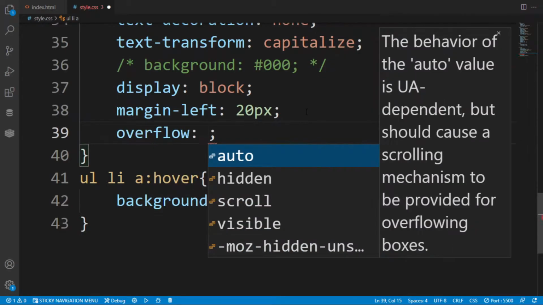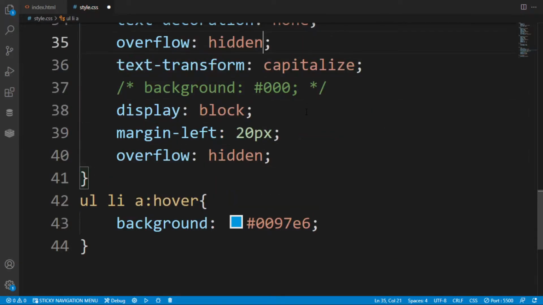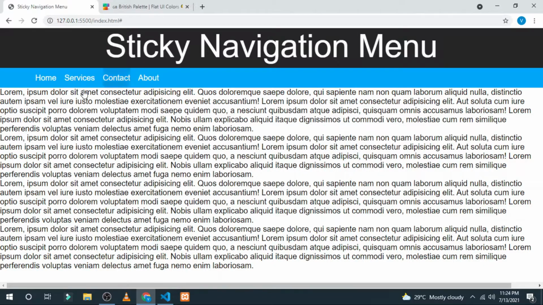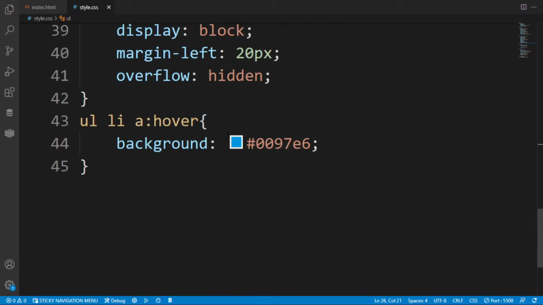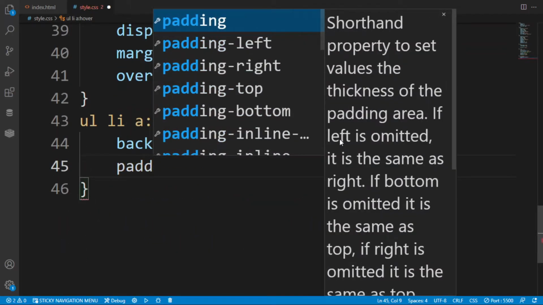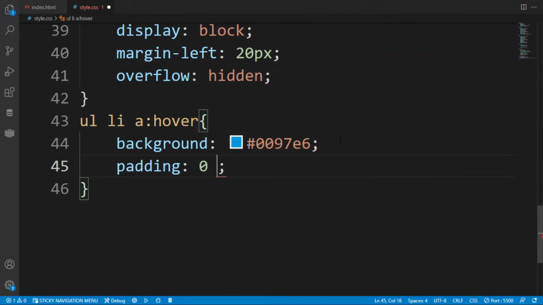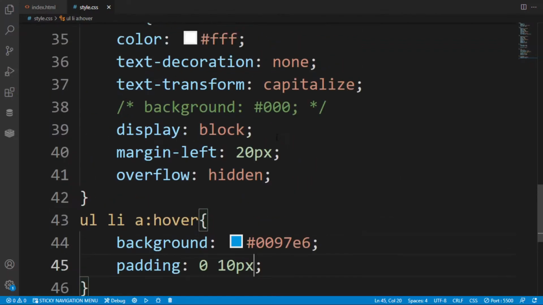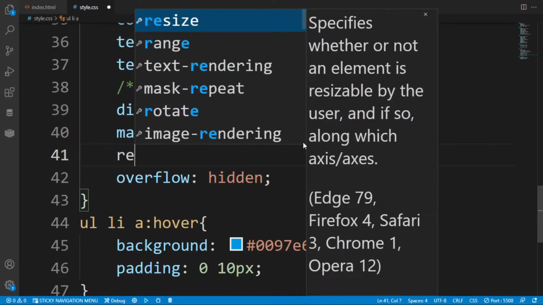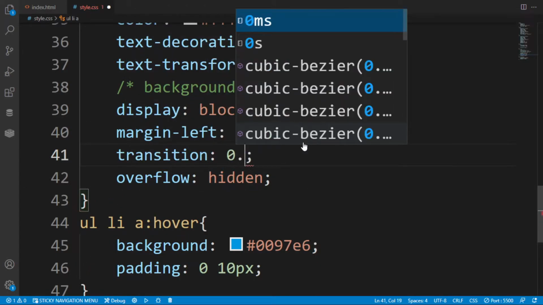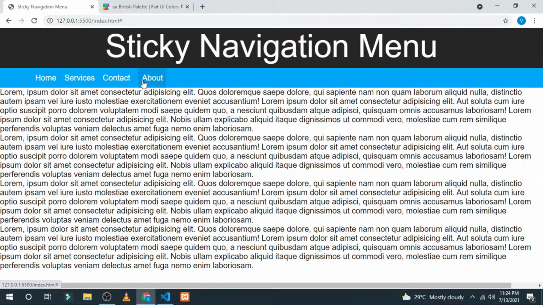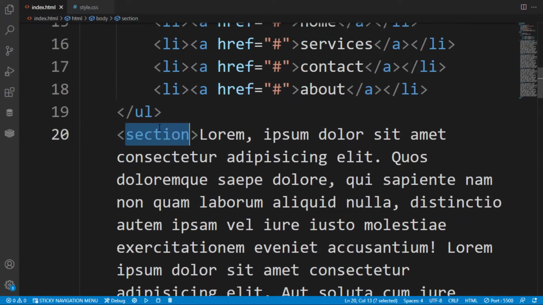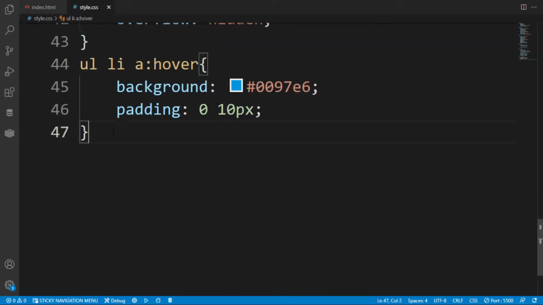Giving overflow hidden, and think twice after putting this in, because it will not work. So here I am giving padding of 0 and 10 pixel, so that there is a difference, but there was not a smooth transition. So I am giving a transition of 0.5 seconds. You can put it, because the consumer to whom you are showing this web page will not have the entire day to see all the transitions.